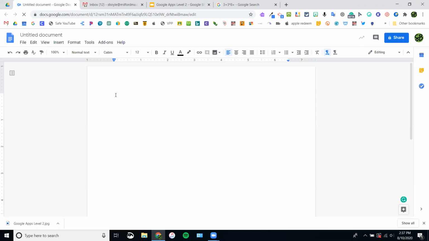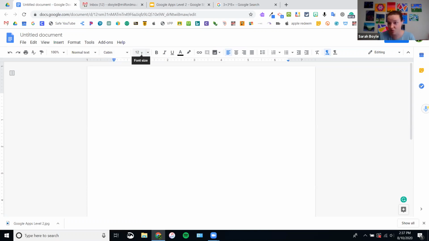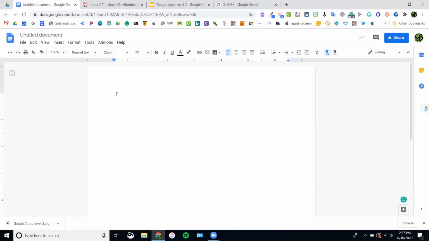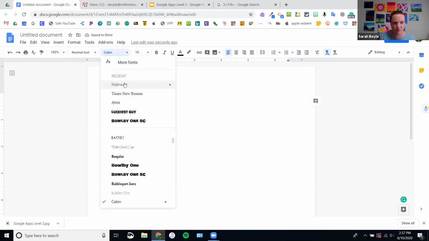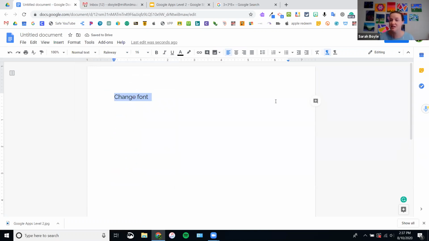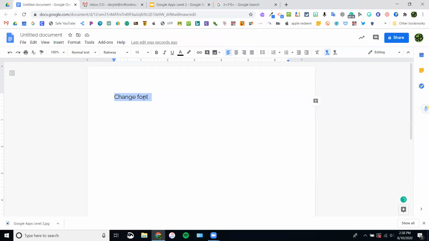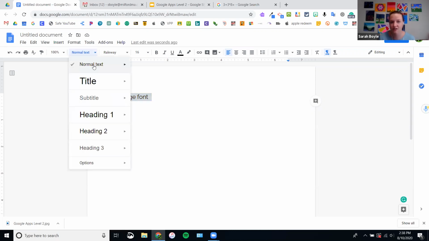So right now I just opened up an untitled document, just plain. This is how it opens. For me, mine opens in Cabin size 12. That's just what I like. That's what I type in. Let's say I wanted to change it, and I want it to be size 16 and Raleway. I'm on a Raleway kick for whatever reason. And I want this to be my normal text that starts off on any document that I open. So I highlight it. I go up here where it says normal text. I do the drop-down menu. And next to normal text, I do update. If I do apply, it's going to switch it to what I already have it set as. But when I update it,